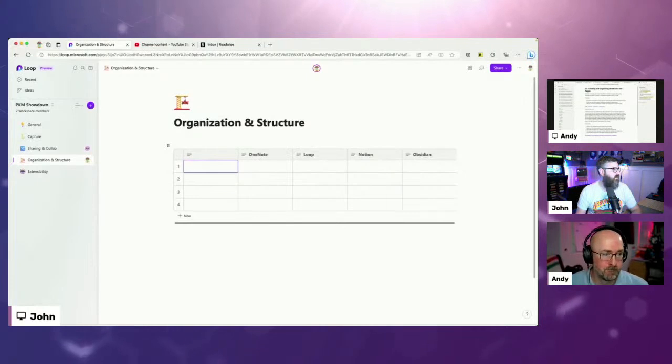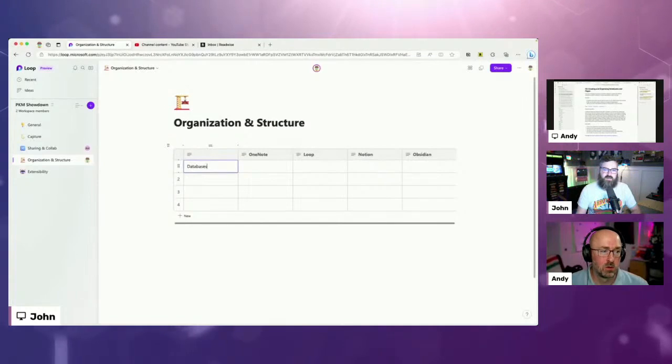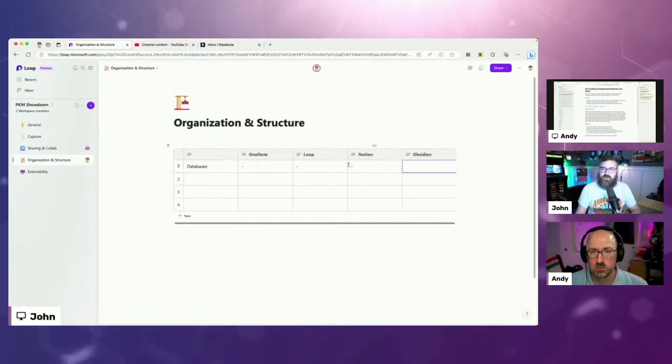All right, so databases is the first thing, that data construct. And with Loop and Notion or OneNote, those are no's, right? Like yes for Notion, no for Loop and OneNote.